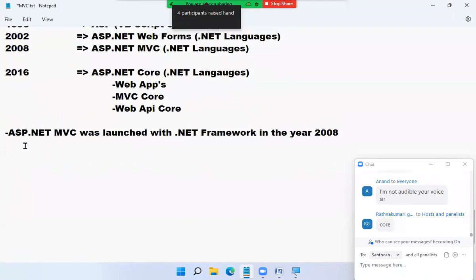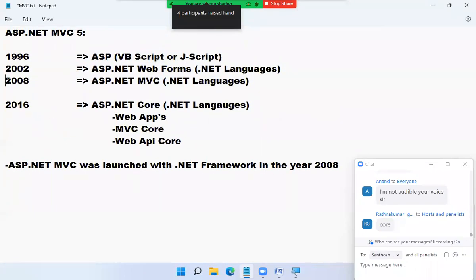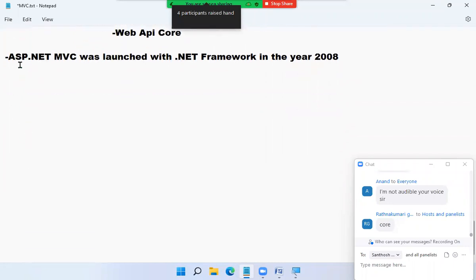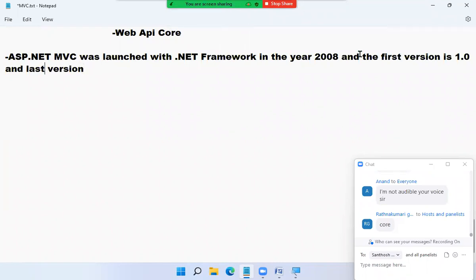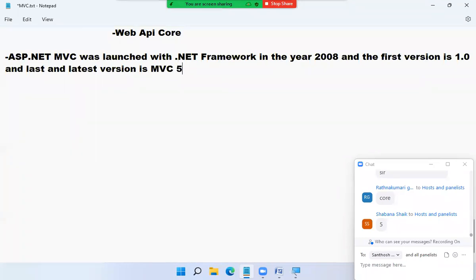So if you understand the history, the first version of MVC came when? 2008, along with the .NET framework. ASP.NET MVC was launched with the .NET framework in 2008, the first version is 1.0, and the latest version is MVC 5.